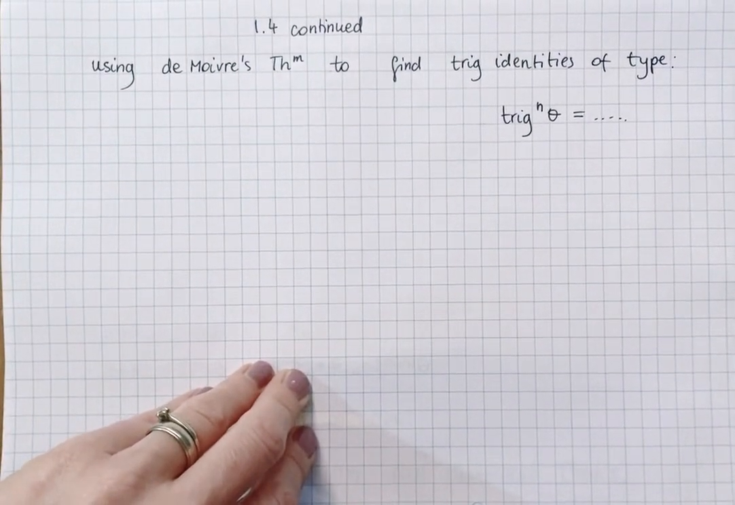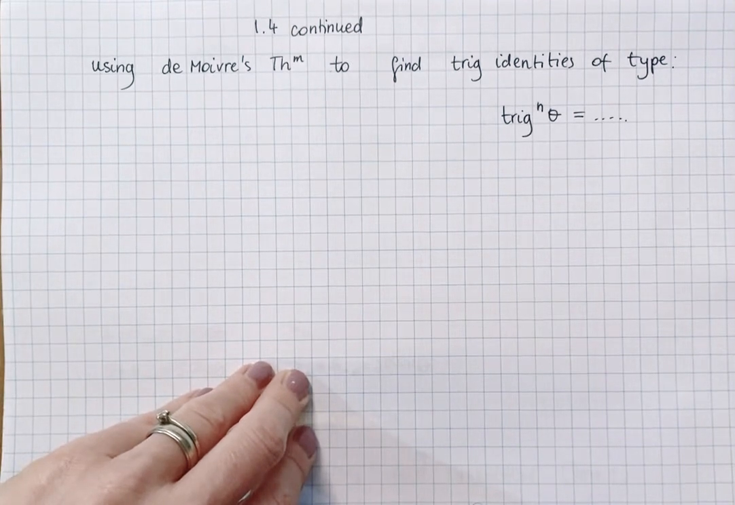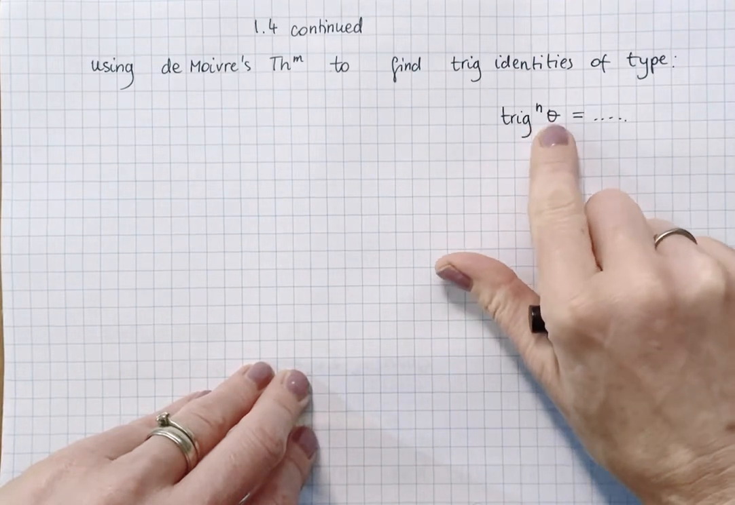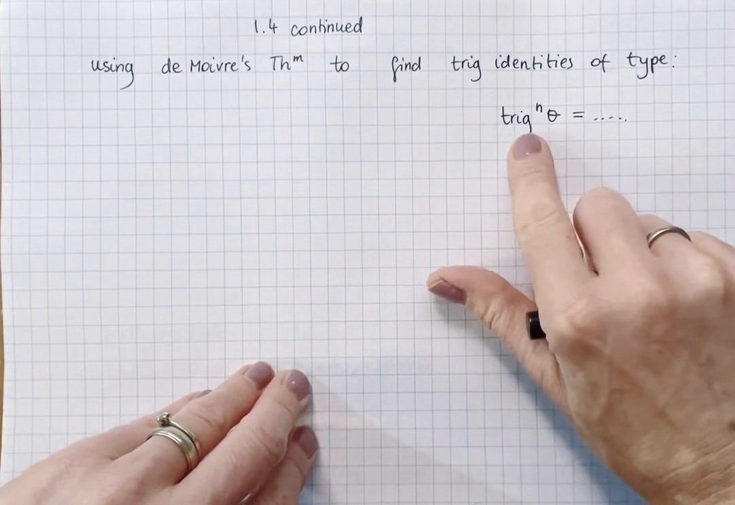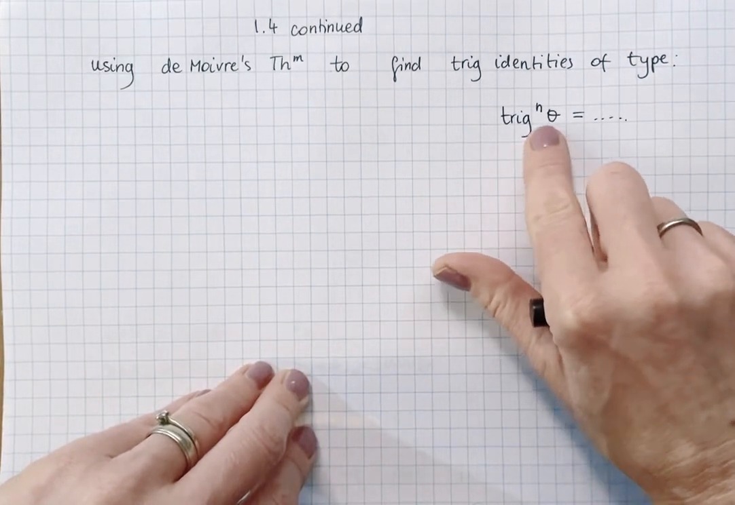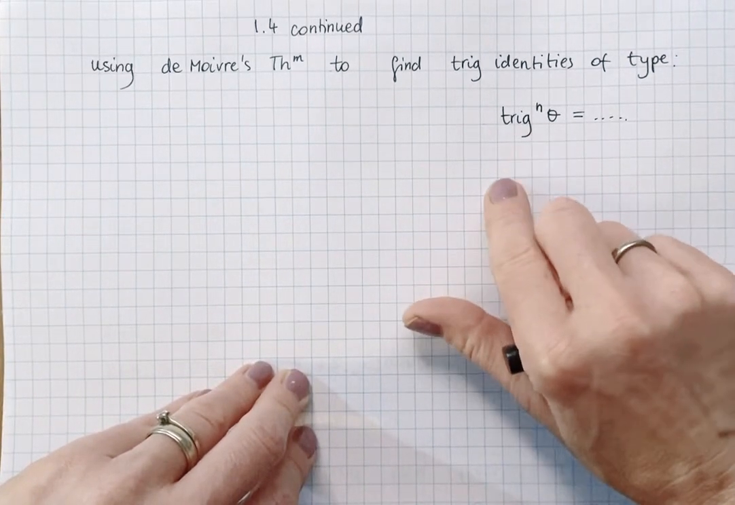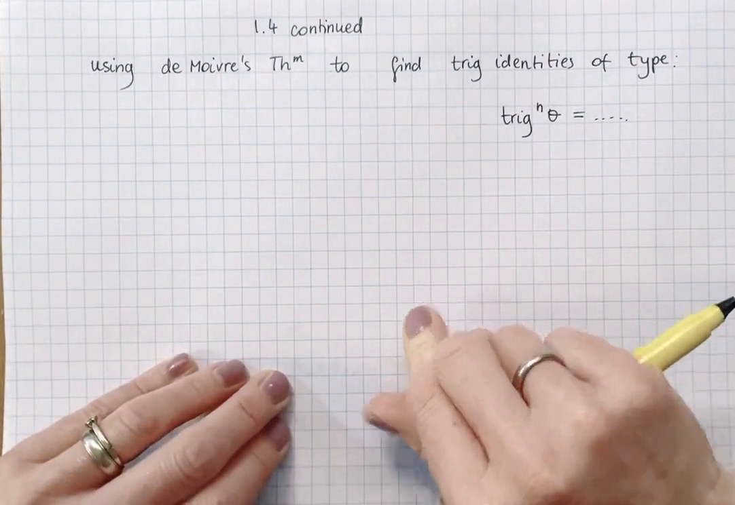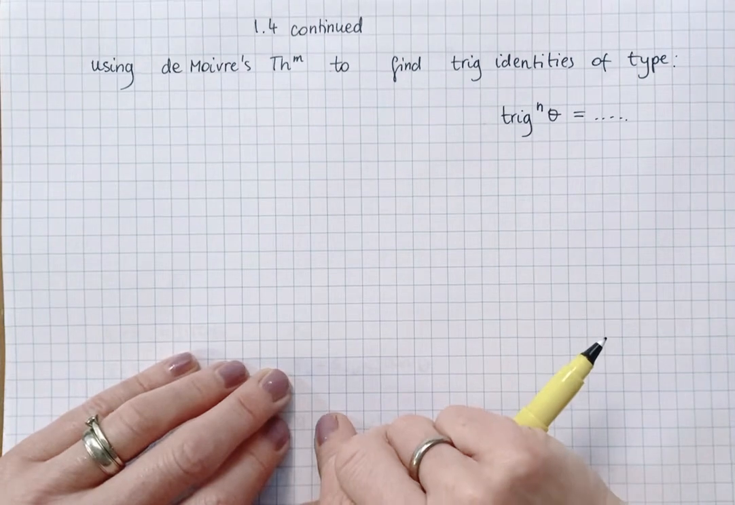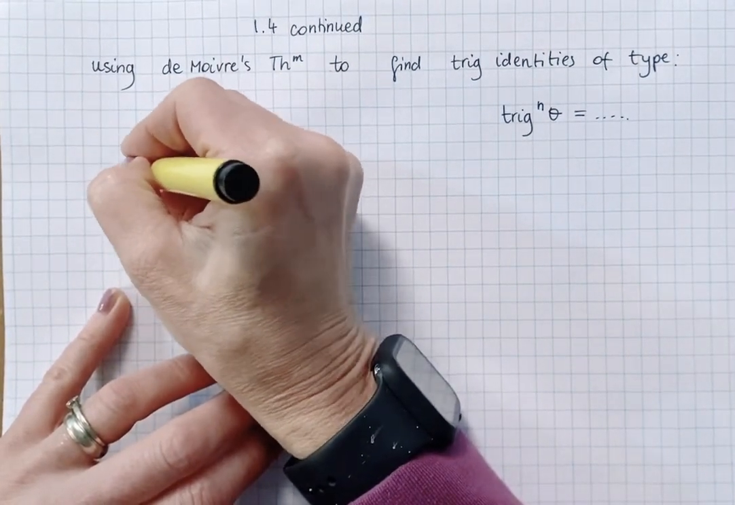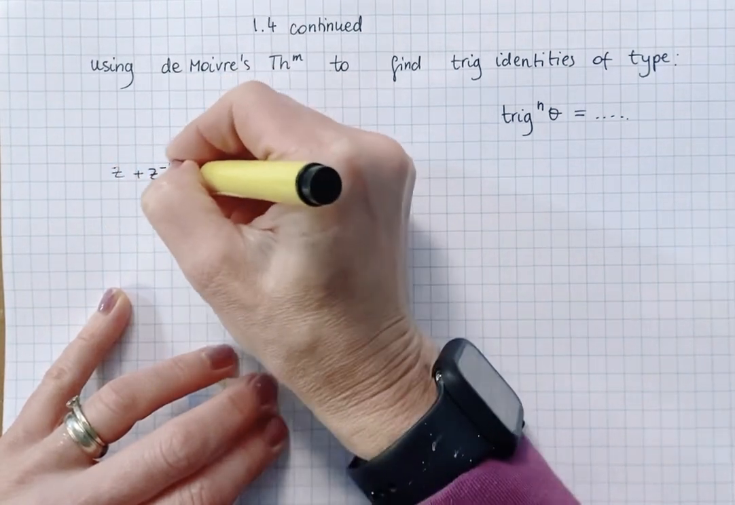Okay, so we are going to continue with section 1.4 using de Moivre's theorem to find trig identities of the type trig function to the power of n theta. That trig function is usually sine to a power or cos to a power, occasionally tan to a power as well. So the useful identities for this part are: z plus z to the power minus 1 is equal to